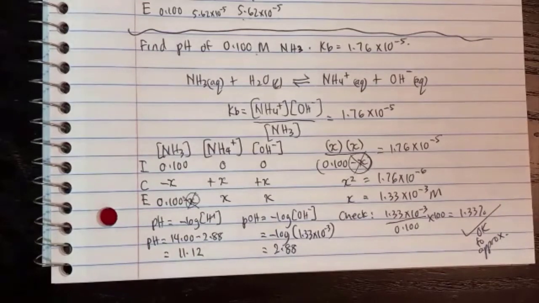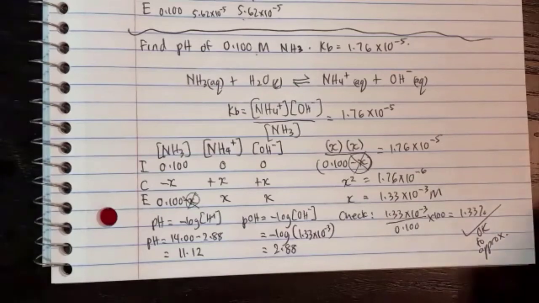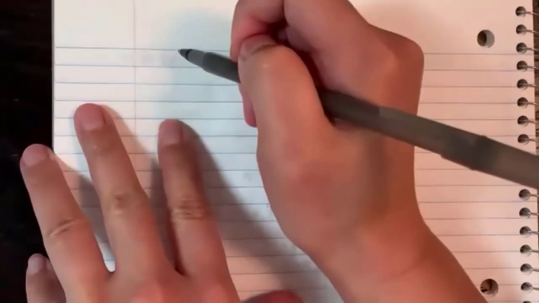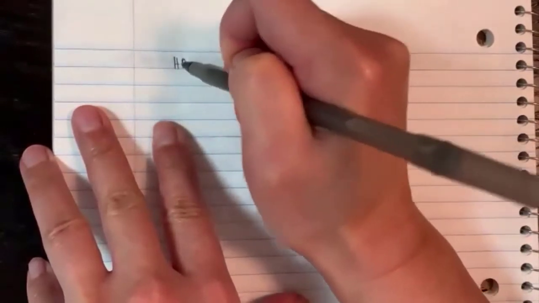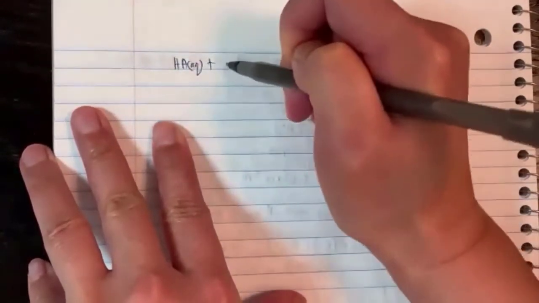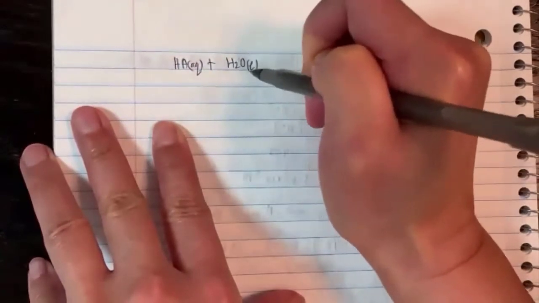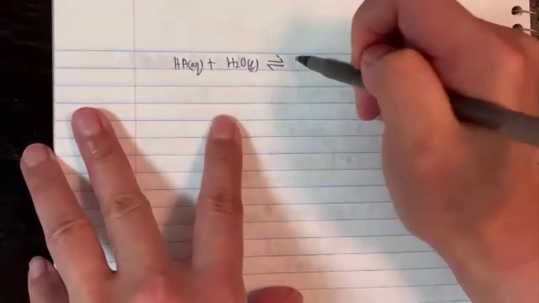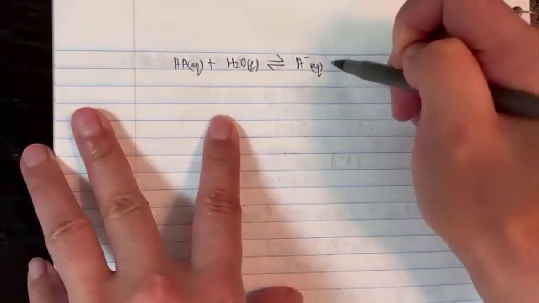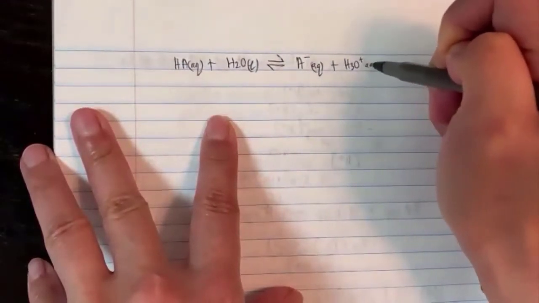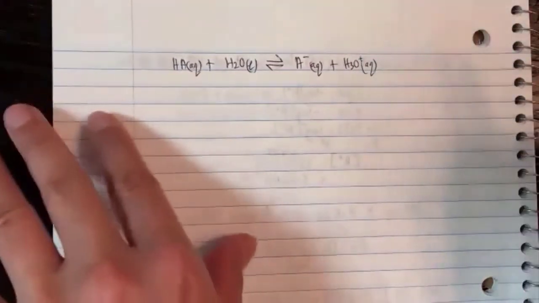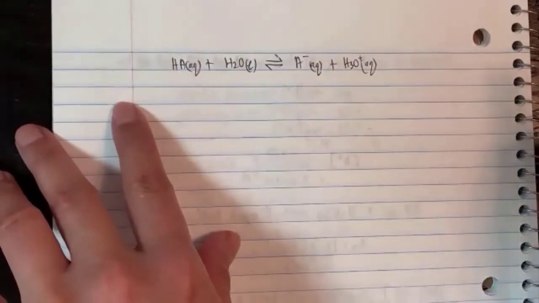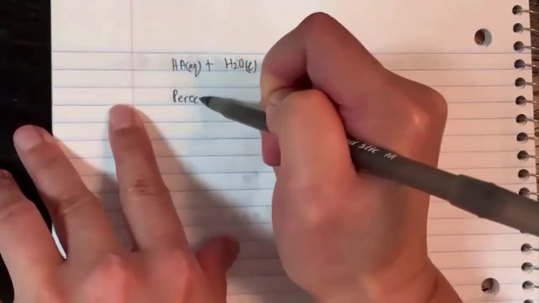All right, so the next thing I want to do is show you something called percent ionization. Percent ionization is actually something really similar to what we've been doing this whole time. I wanted to show you. So if you had a generic acid equation, again, I'll write it real quick. So this is my acid. If I add it with water, what we're going to get is A minus plus H3O plus. Now, if we were looking for something called percent ionization,